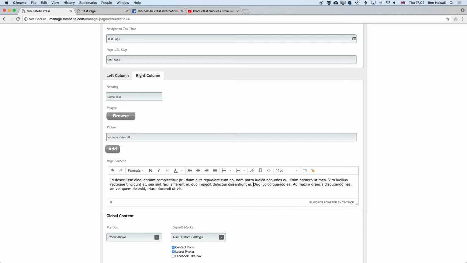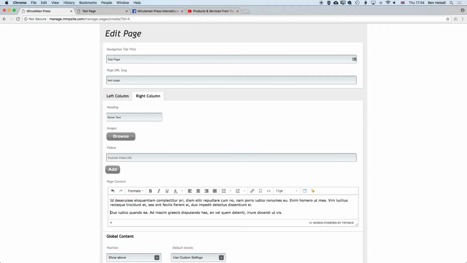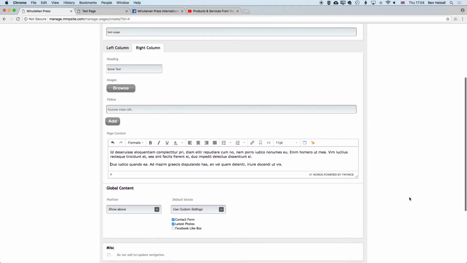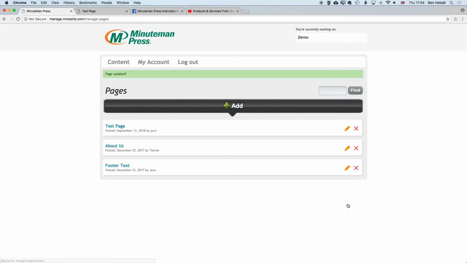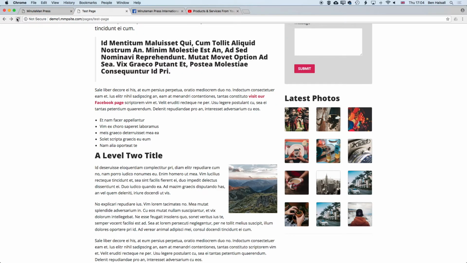Paste in some placeholder text. And then if we publish that, come back and refresh,